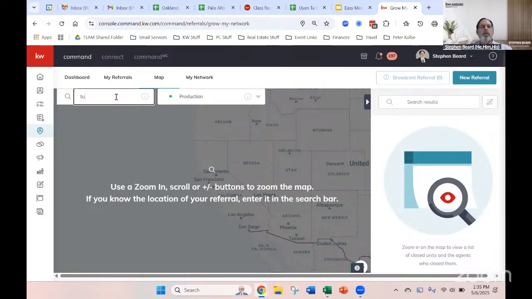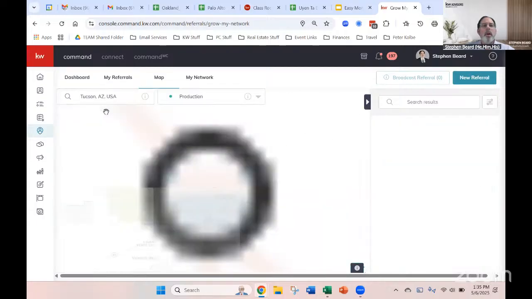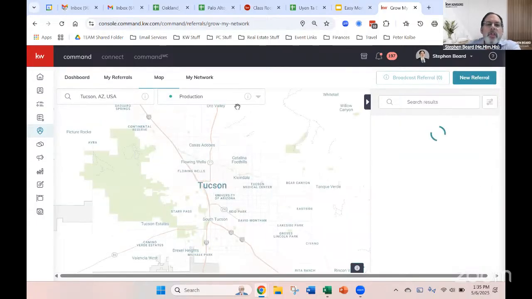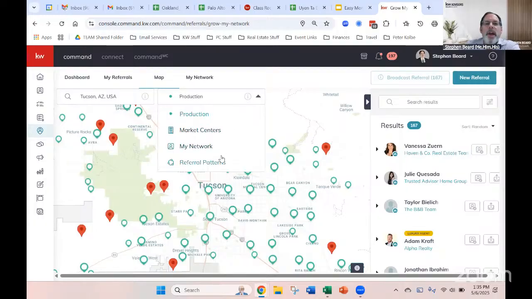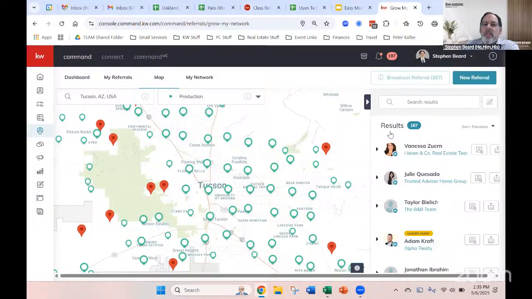Tucson, Arizona, somebody in the room suggested. We can sort these agents that we find in Tucson by their production, the market center they belong to, whether they're already in our personal network, and referral patterns. We're going to focus today on production. And what you'll see, guys, is all these